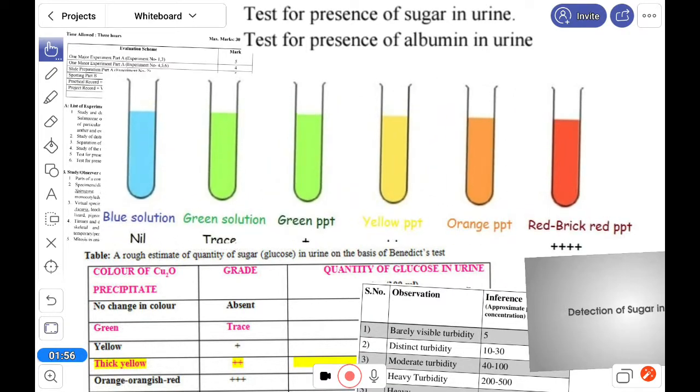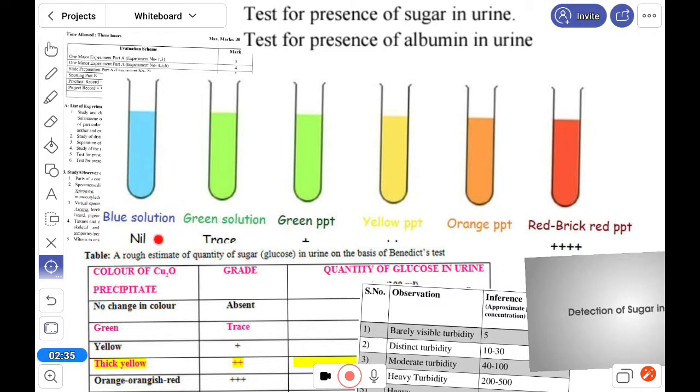What is this? This is the result of the Benedict test. Benedict solution is blue in color. Benedict is a prepared solution which will be available and will be provided to you. When we do the sugar test, here for monosaccharides, we are mostly doing this one. This is a blue solution.